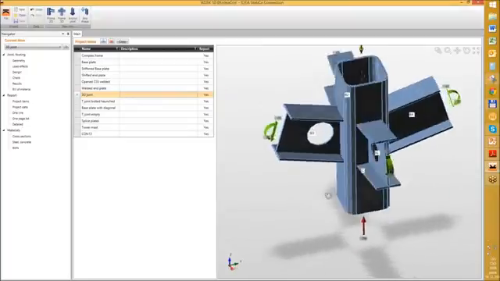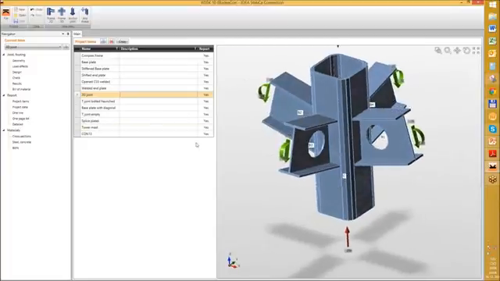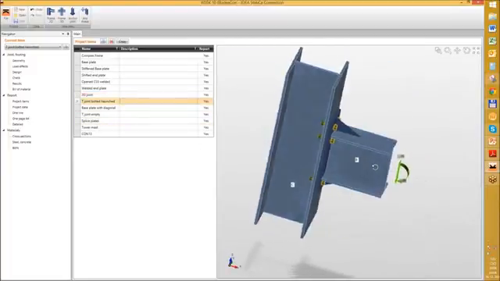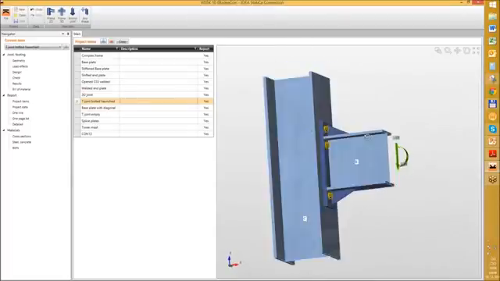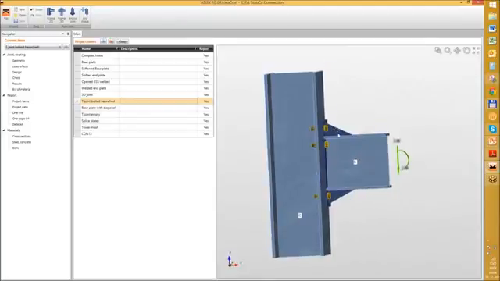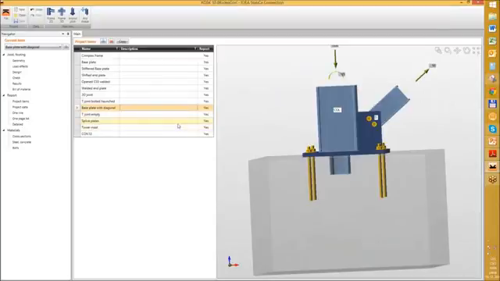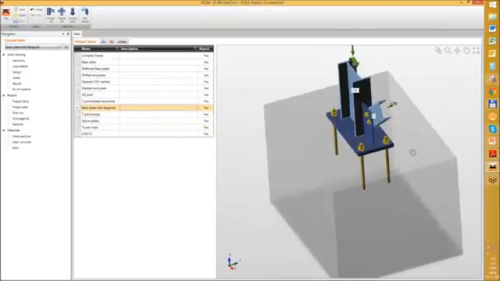We can solve 3D joints, like here you can see with openings if there is some necessity to put a pipeline here. We have such typical examples like this column with end plate with hinges. Another kind of